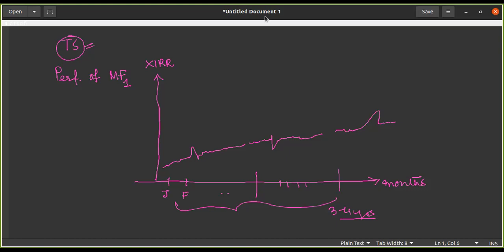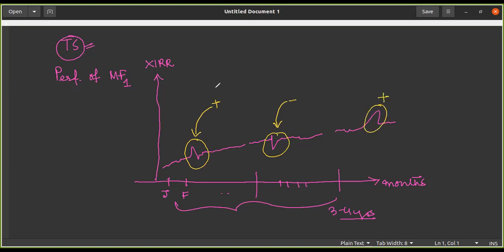You see what is happening here. These 3 peaks that you have seen, or this is not a peak, this is a positive increase. All of a sudden there was a positive increase. All of a sudden there was a negative decrease. All of a sudden again there was a positive increase.